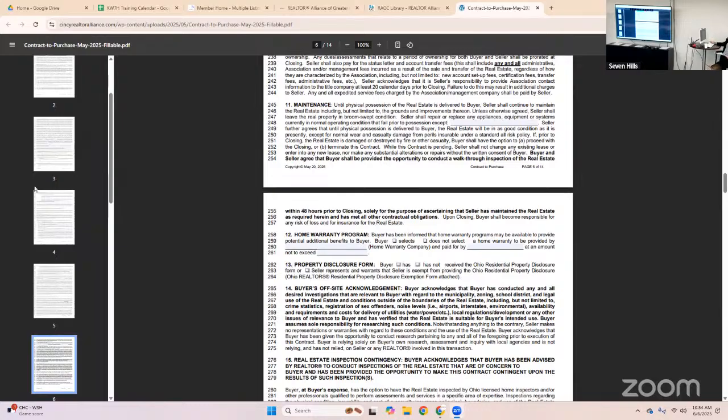Section 11 talks about maintenance and it added a requirement for the property to be left in broom swept condition at closing, which means just exactly what it says. That doesn't mean a deep clean necessarily. It just means broom swept. So if the floors are clean, you are good to go. Basically, a unit should be left clean, but a lot of times they're not. Many times things are left behind and that can become an issue. So do your walkthrough prior to their final walkthrough and make sure what's there.